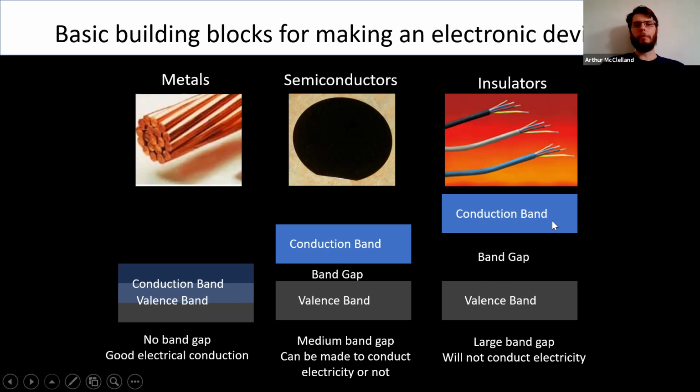When we're making devices out of 2D materials, the metals are still predominantly metals. The semiconductors are often like the transition metal dichalcogenides, the TMDs, MoS2, for example. And then the insulators are usually like boron nitride. Boron nitride has a really wide band gap. So these are our three building blocks that we want to be able to engineer and put together into making devices.